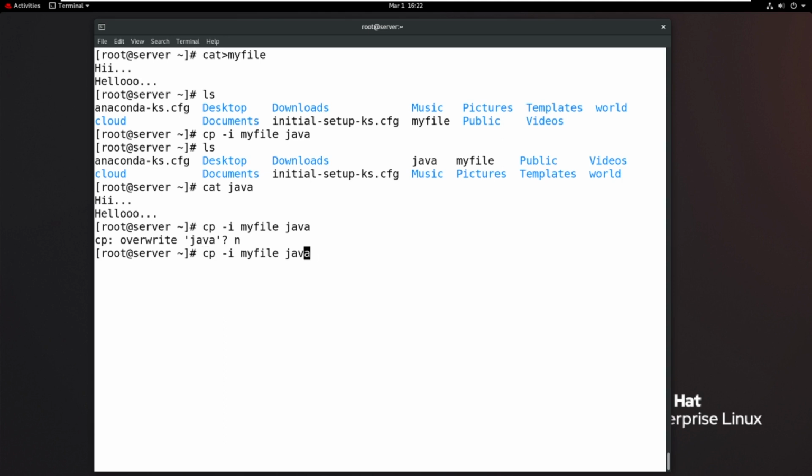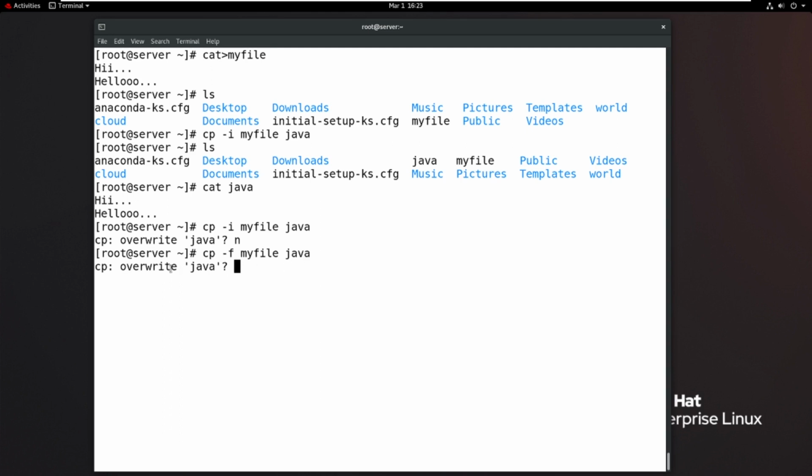But instead of -i, if you use -f, then without taking any confirmation the target file is overwritten. Oh, Red Hat 8 completely changed the option. In early days, -f meant forcefully overwrite the file. But here you are working on the hash prompt, which means administrator level, so the -f option is not working, because you would lose a lot of content if you ran this command.